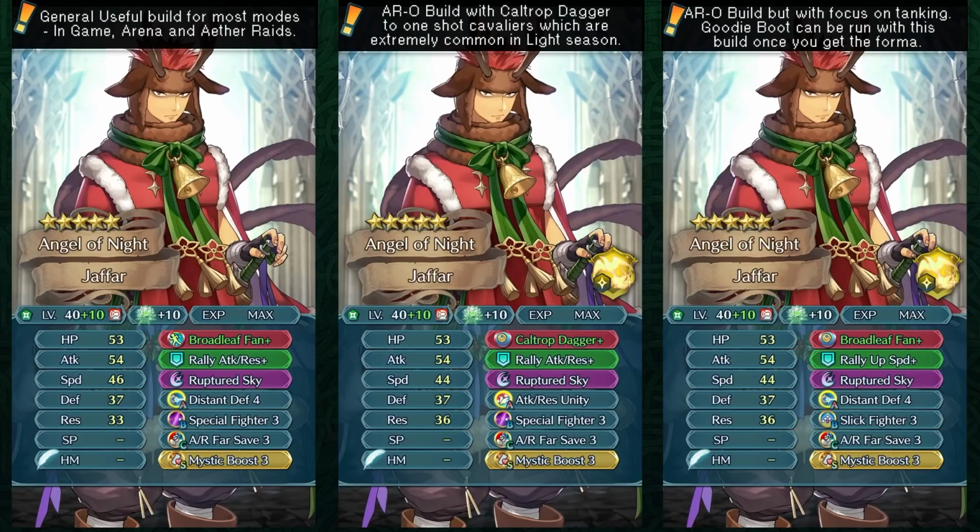Attack Res Unity is a really good option with this because it gives you extra attack and also extra bulk. This is definitely a more offensive build, focusing on one-shotting units instead of surviving them. If you want to focus on surviving, then the third build is a good option for you. So it is going to be using Slick Fighter in Slot B, which is going to be able to deal with the debuffs, and Distant Defense 4 is going to be giving you that amazing bulk and also the buff neutralization on the enemy. And you can run this with Courtly Fan,